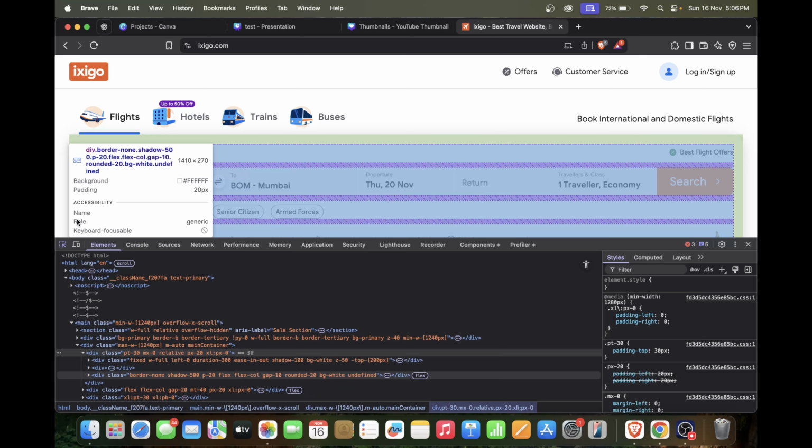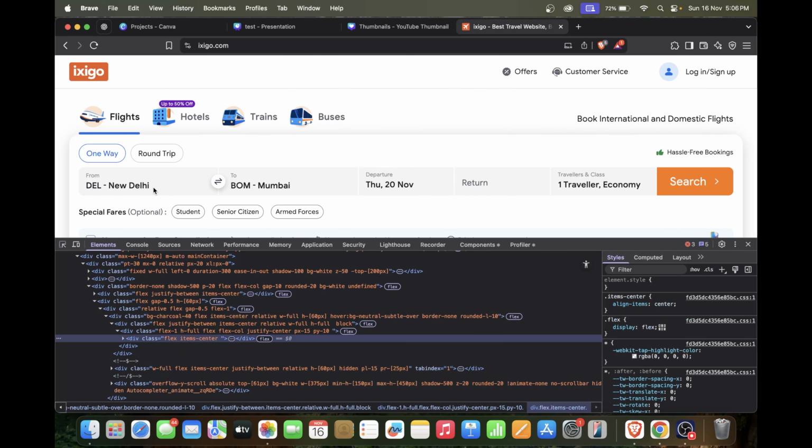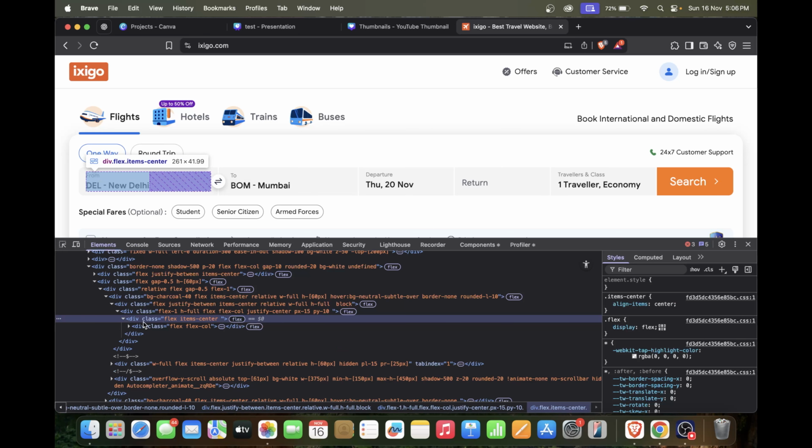If I inspect this and go on any button, for example this 'from', alright, here you will see that there is a div and a class over here which says flex item center. This flex item center is a unique class associated with this particular button, and this class acts as a locator for this button.